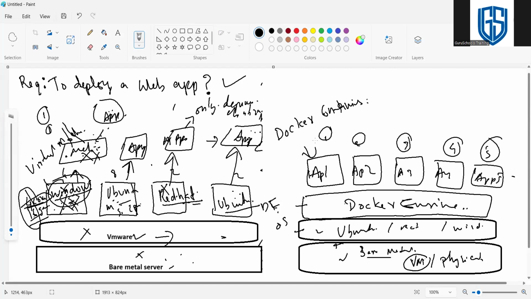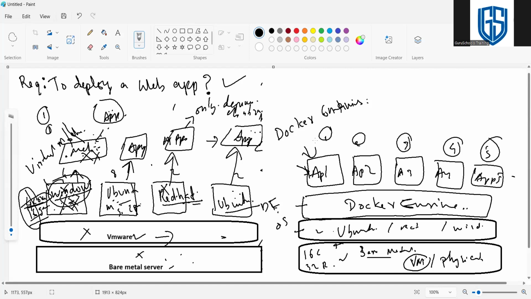Coming to the scenario, I will explain one more thing, the resource utilization. Say this bare metal machine has 16 CPU and 32 GB RAM, just as an example. We need to specify the resources for the machine, and on top of the virtual machine we allocated everything. Here we can allocate these resources to specific containers for running. Containers means a lightweight, small environment, a small environment to run our application.